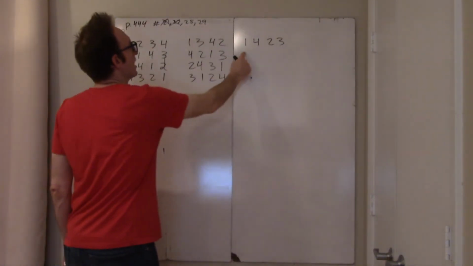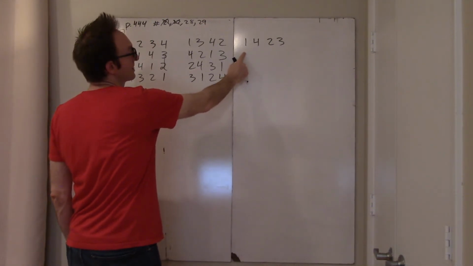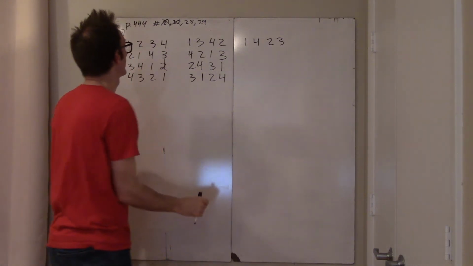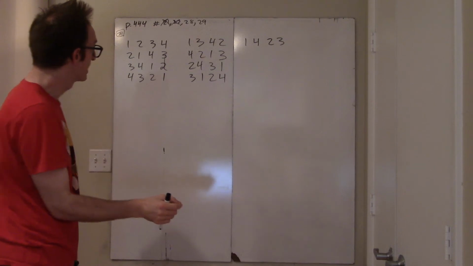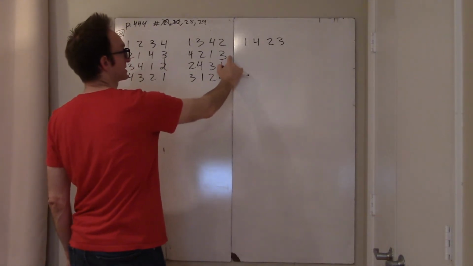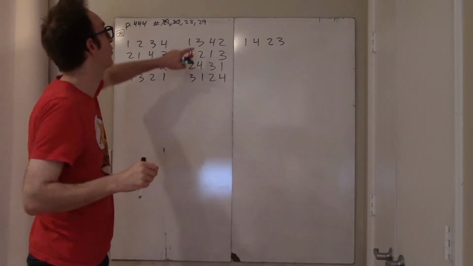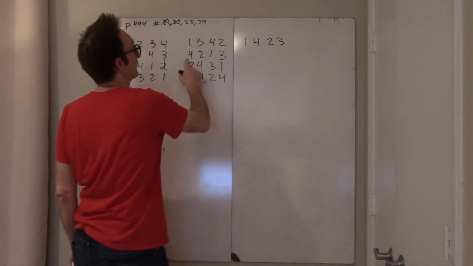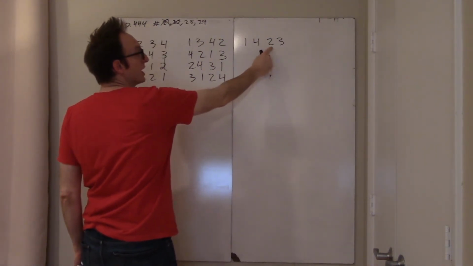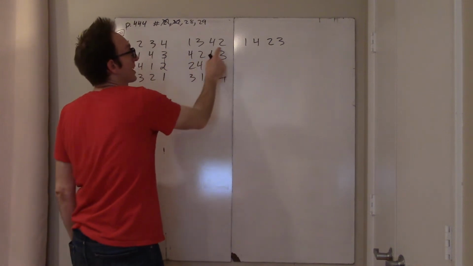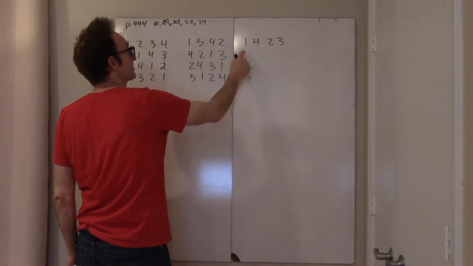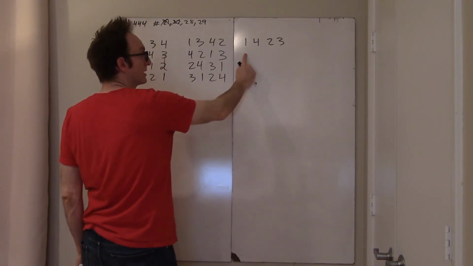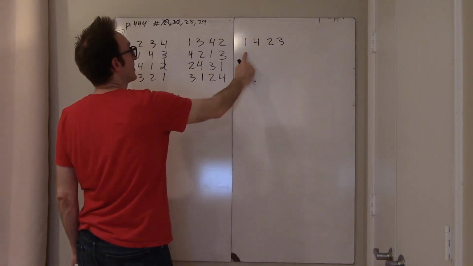What goes here? Well, it can't be a 1, of course. What else could it be? It could be a 2, a 3, or a 4. But by comparing it with this Latin square, the ordered pairs 1, 1, 3, 4, 4, 2, and 2, 3 have already been taken. So this is a 4. So there's already a 4, 2 ordered pair with respect to this Latin square. If there's already a 4, 2 ordered pair, and this is about to be a 4, then this can't be a 2. So this can't be a 2 or a 1, so it could be a 3 or a 4 seemingly. But